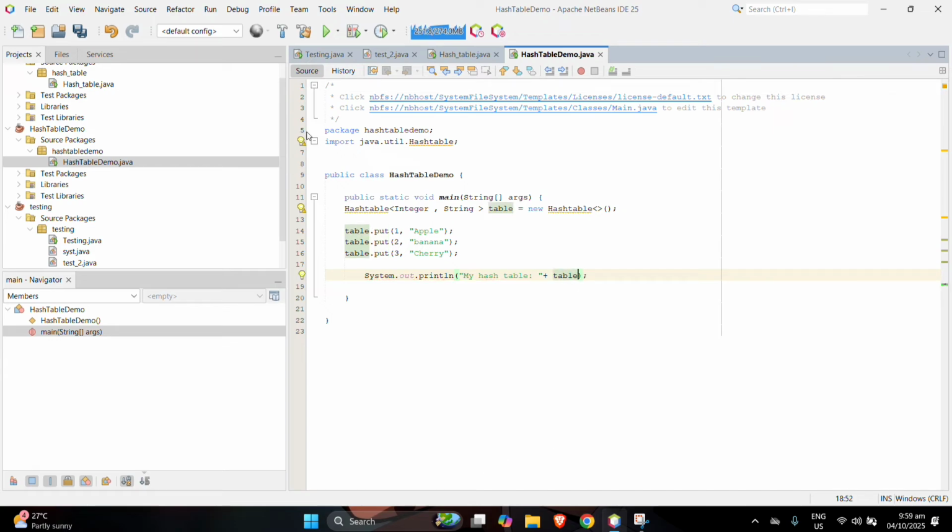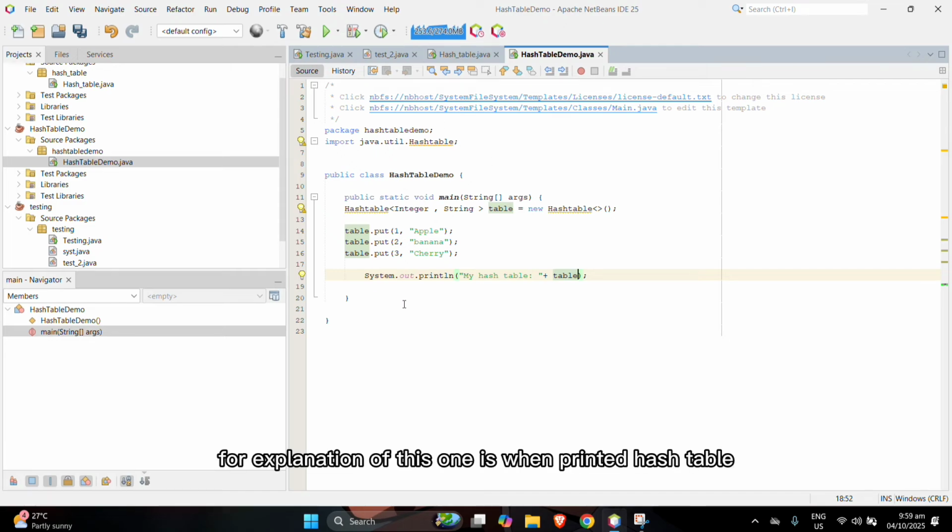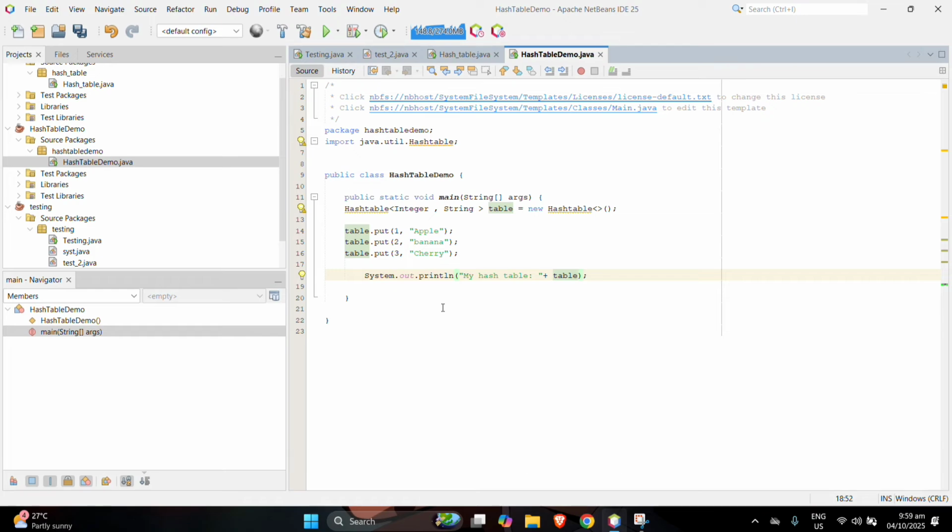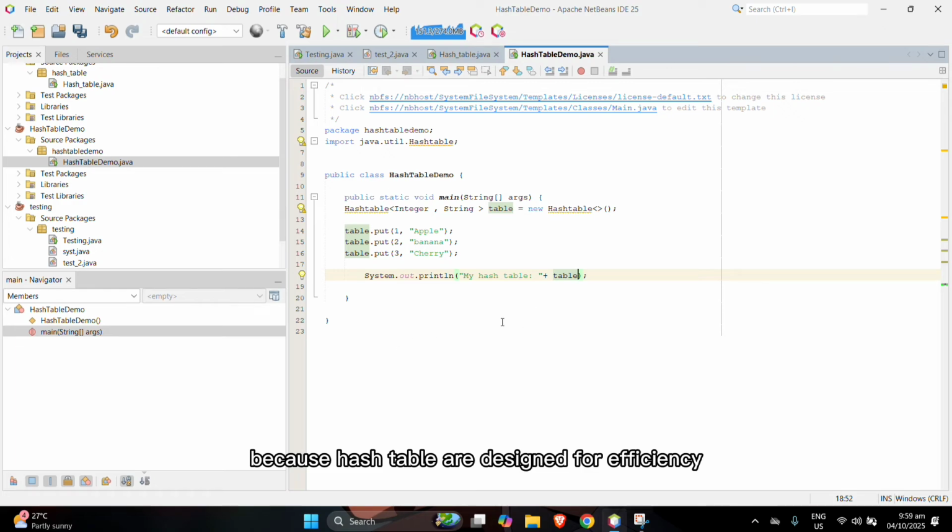For the explanation of this one, when printing a hash table, it shows all the stored key-value pairs. The order of the elements may not match the order they were inserted because hash tables are designed for efficiency, not for maintaining sequence. The internal hashing function determines where each entry is stored.